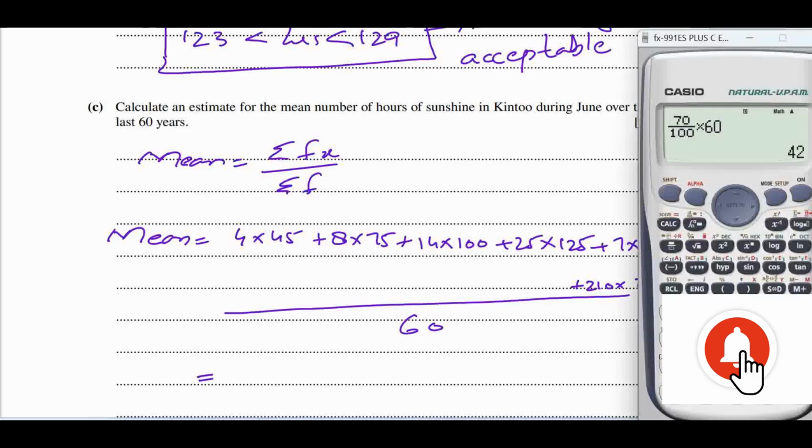So let's do it over here. So 4 multiplied by 45 plus 8 multiplied by 75 plus 14 multiplied by 100 plus 25 multiplied by 125